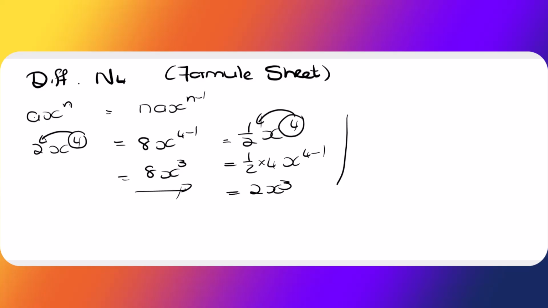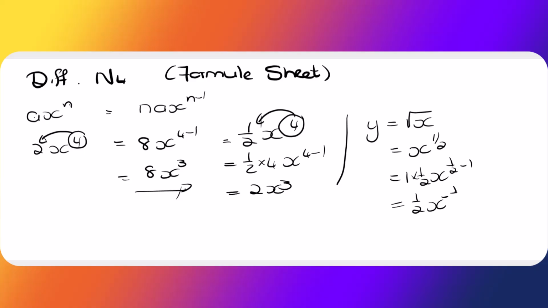So if we have, for example, y is equal to the square root of x, you're first going to simplify and say this is x to the exponent a half. If we differentiate again, that will be 1 multiplied by a half, x to the half minus 1. So we're going to have a half x to the exponent negative a half. In your final answer, no exponent may be negative or in a fraction. If it's in a fraction, we must put it back in root form. So I'm going to have 1 over 2x to the exponent a half. That will give me 1 over 2 square root x.